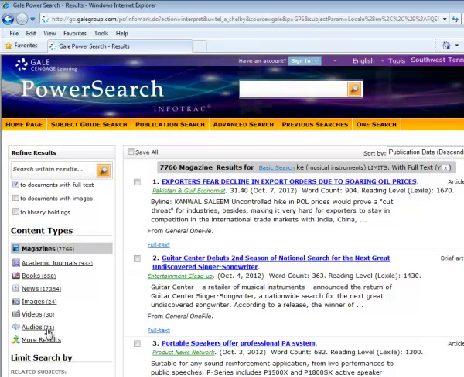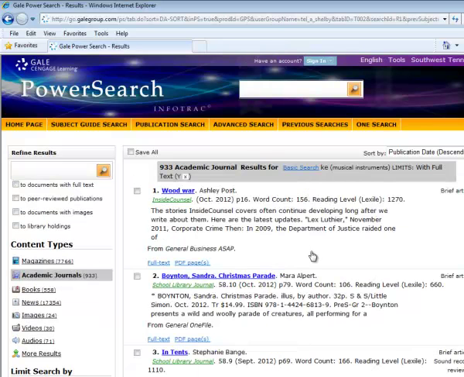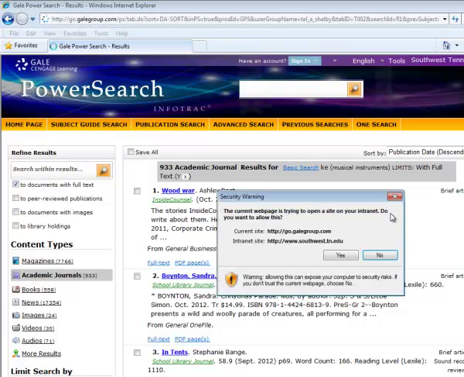So if your students need to find academic journals, there are 933 that are here. So once we select that, it will then display those articles for us. So you have your title, the author's name, the title of the journal, and what's most important is that if they select full text, they can see the full text of these journal articles. So this is information that is available in TEL. As we go back to our listing of databases,